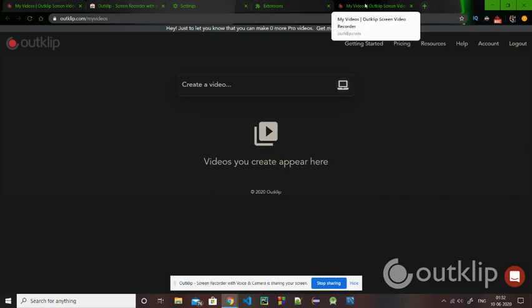I have just signed in with my Google account, and after doing so, this screen will pop up, where you will have a few options, like logging out from your current account, or there will be